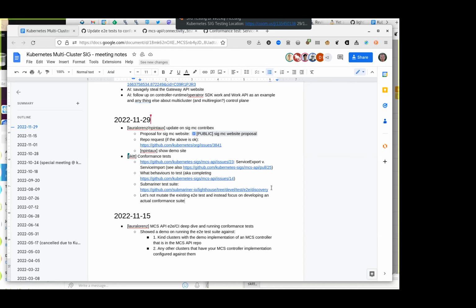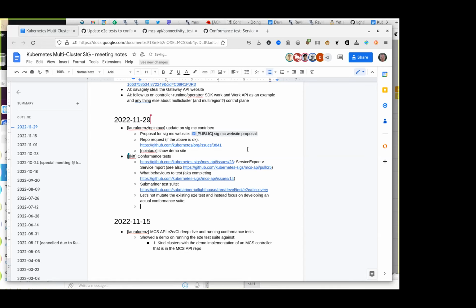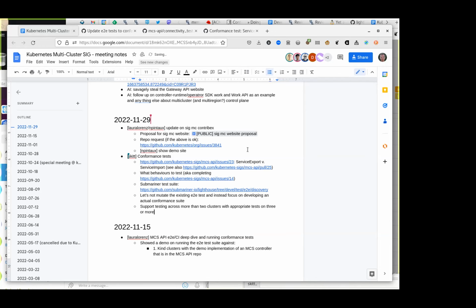Yep, exactly. And you can test the primitives in scenarios where there is no reason to think that if it works for 2, it'll work for 3. And if it works for 3, it'll work for 5. So being able to dial up the number of clusters would be very useful. I don't think we need to dial it to 1,000, but having a parameter would be very helpful to uncover bugs that only surface at higher numbers of clusters.